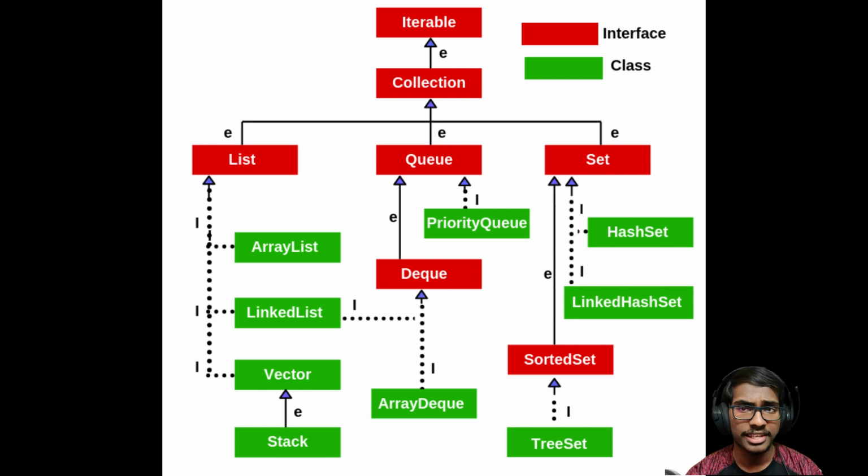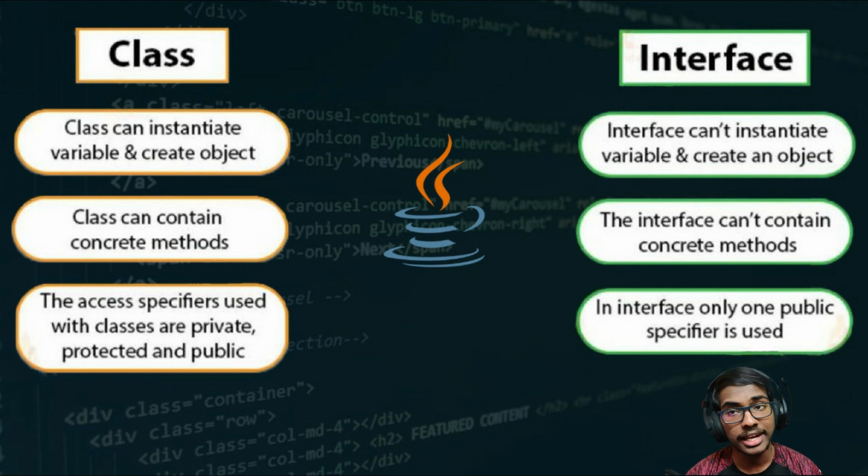If you're looking at this diagram and wondering what exactly an interface is, don't worry. It's a very natural question to have at this point. An interface is a class that is fully abstract, and we cannot instantiate an object of an interface directly. We need to use another class which implements this interface in order to use the functionality that is defined in